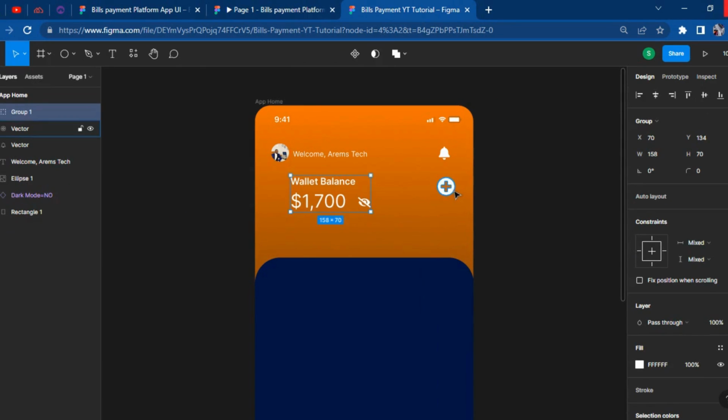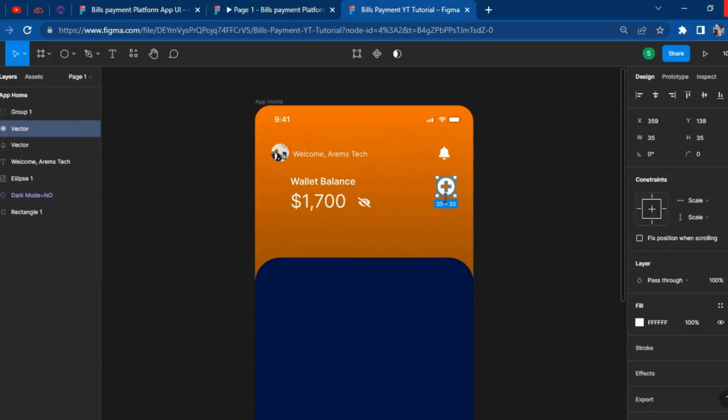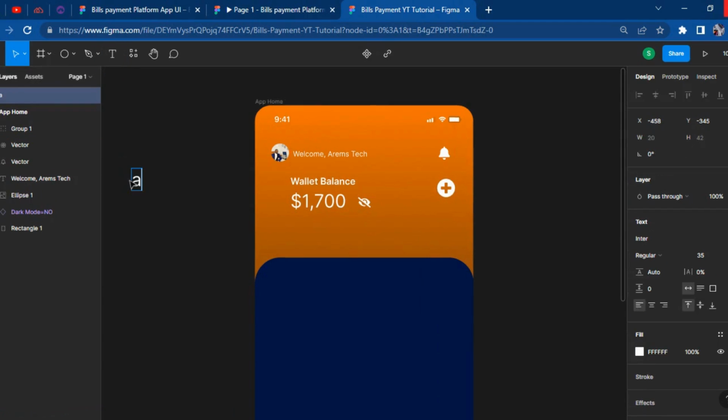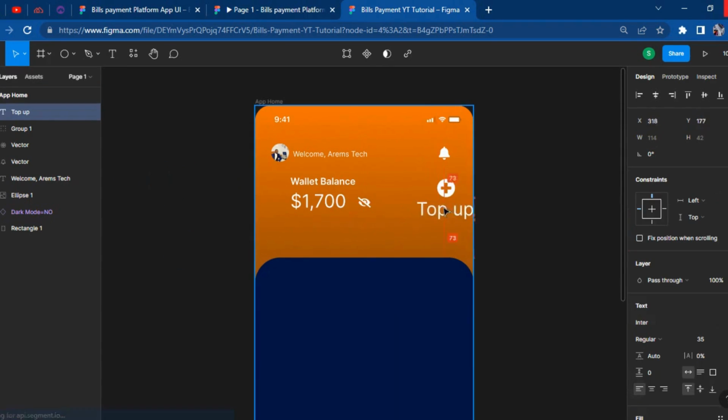So we need to add a caption to this particular icon here. So go to text and add font, or just let's make it top up. Drag it down here and reduce the font size to 18. So after that,